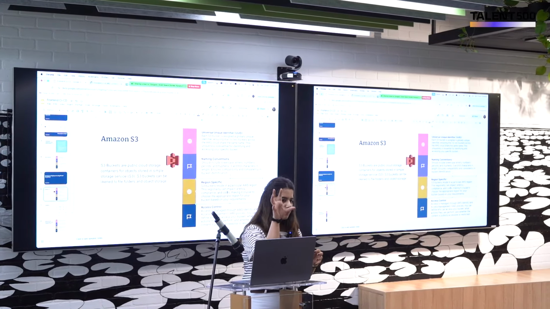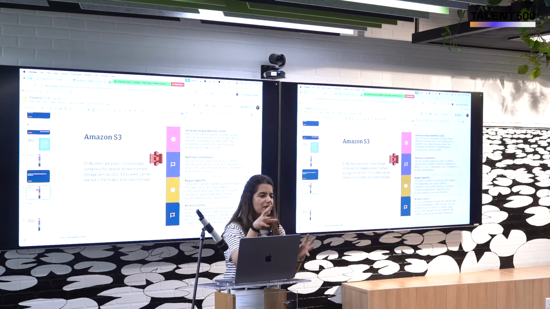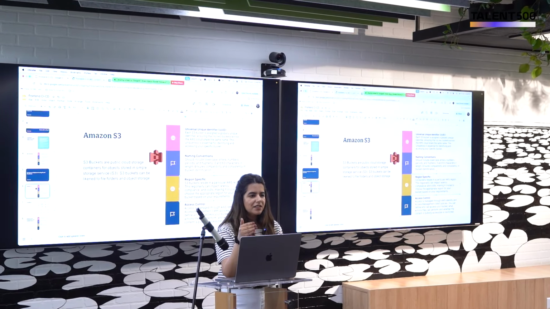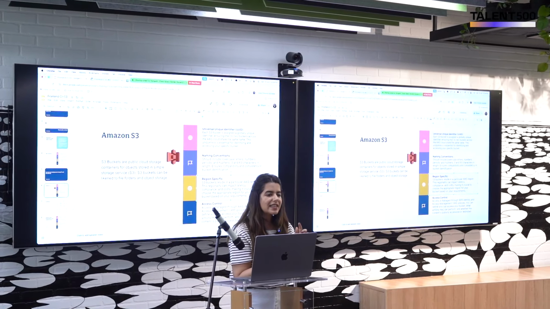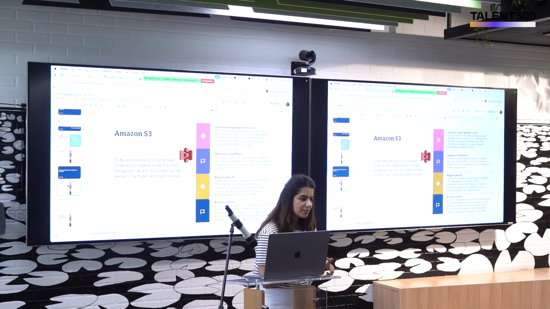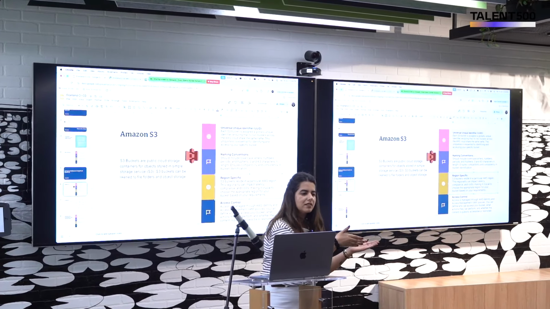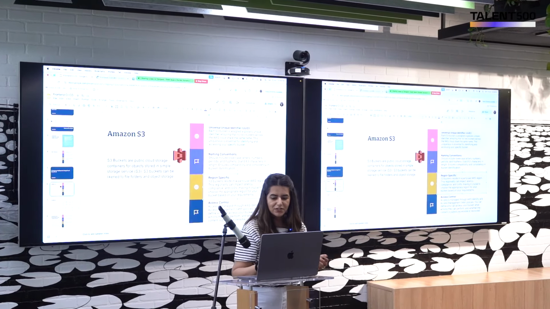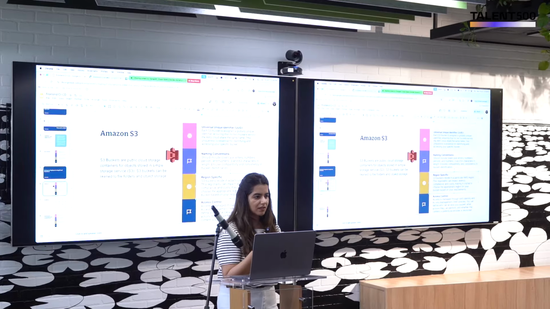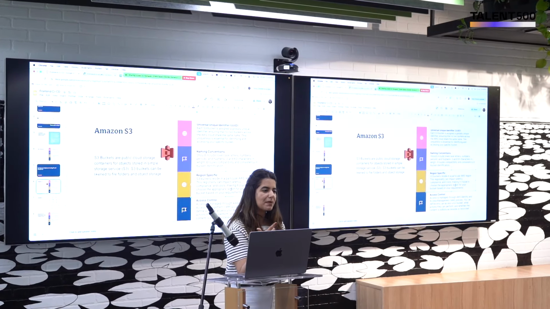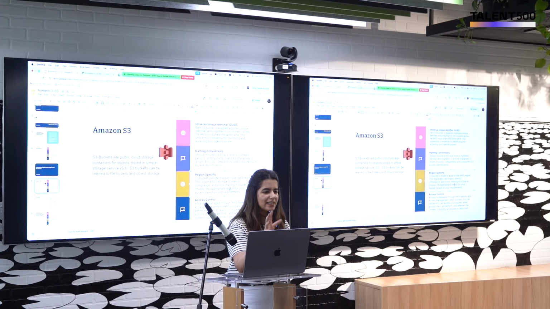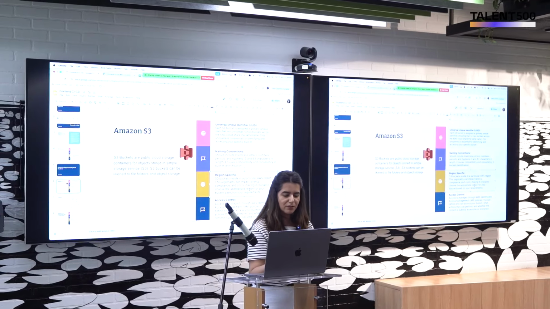Because then there are certain factors. If you choose a particular region, for example, I select US East, would this deliver the content faster? Is there any latency? Would that cost me more than the other region that I would select? So there are certain factors that you should consider, and then sometimes there is compliance as well. All these guidelines, when you go to the console, you'll be able to see it.